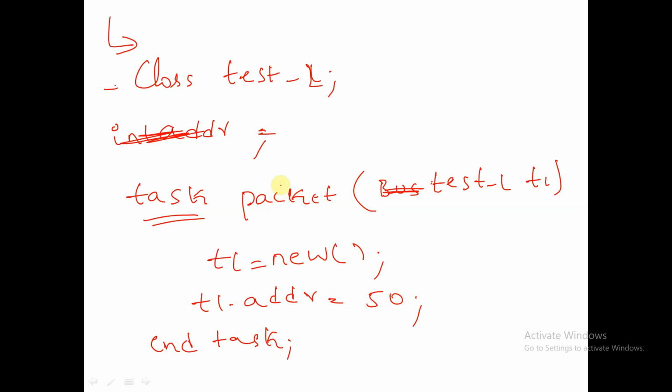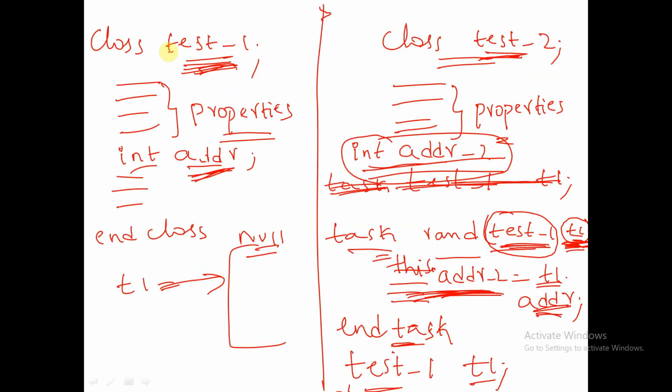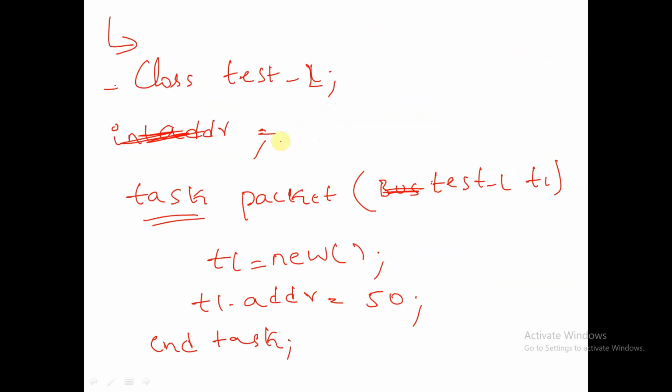So I'm keeping the test_1 class as it is, and I'm modifying the test_2 class here. test_2 has a task called packet, and it is expecting an argument of a test_1 class object. So in this task we are creating the object for t1 as t1 is equal to new, and we are modifying the value of addr present in the handle t1 as 50, ending the task. Now what happens